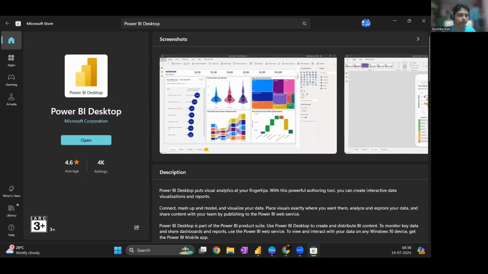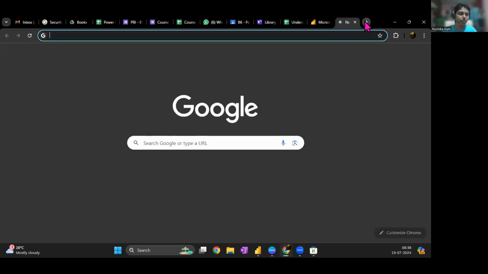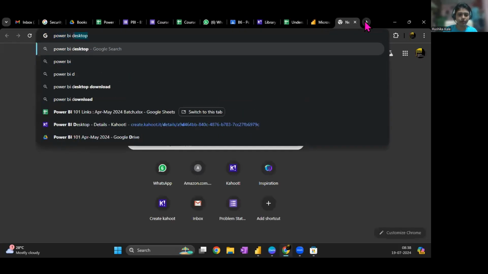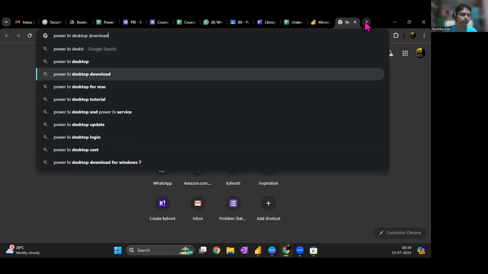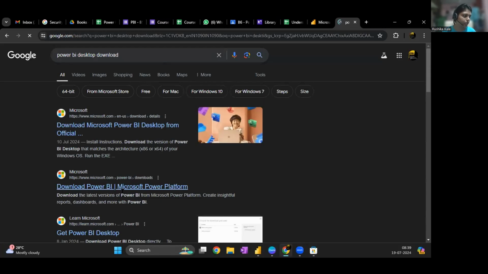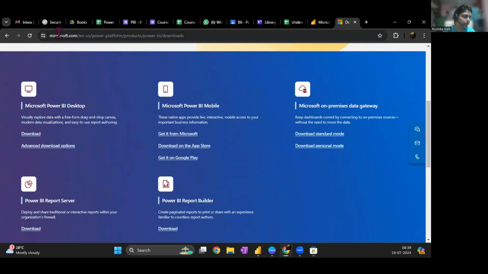All right. So if you don't have Power BI, please start downloading it in your system. I will show you the second location so that you will also know why we are doing it from the app and why we are not doing it from their place. Okay. So I'm just going to search Power BI Desktop download, a very easy step for us to do. I'm just selecting the second platform.